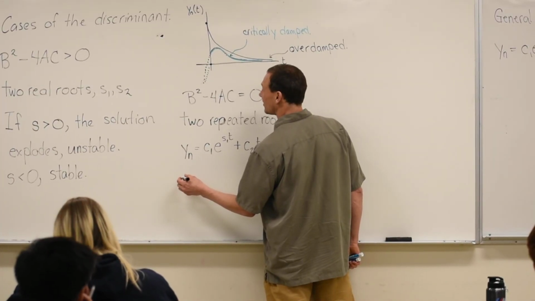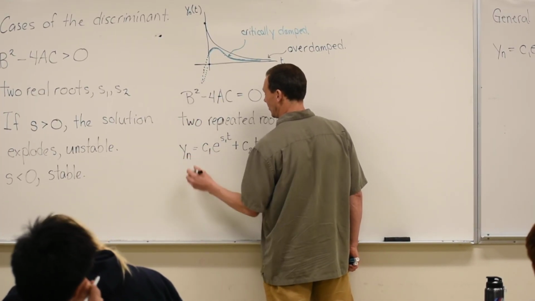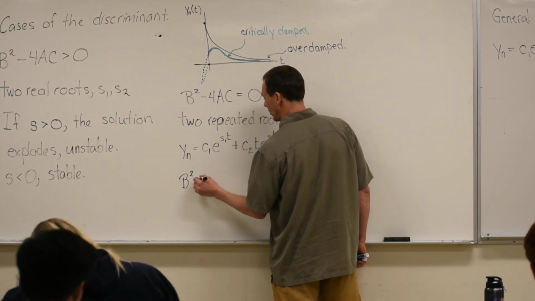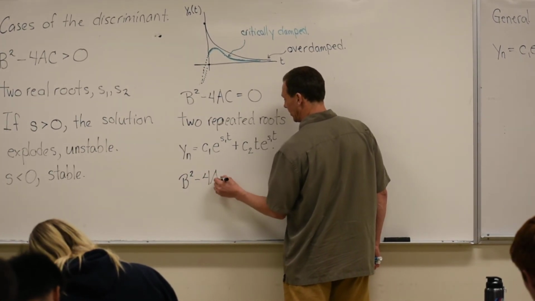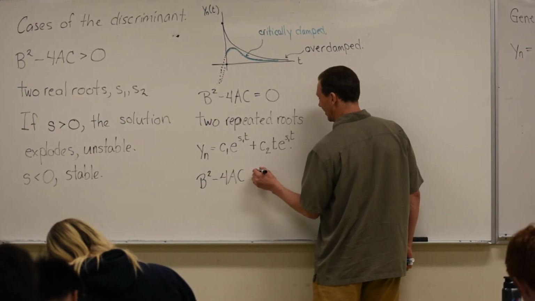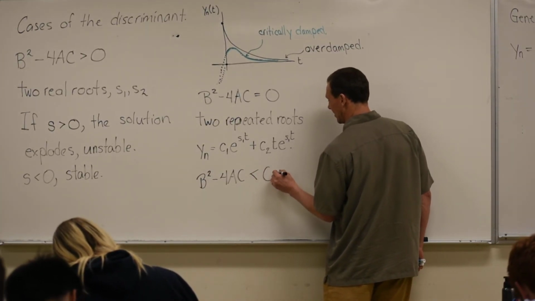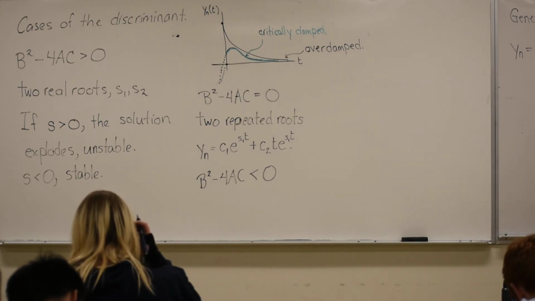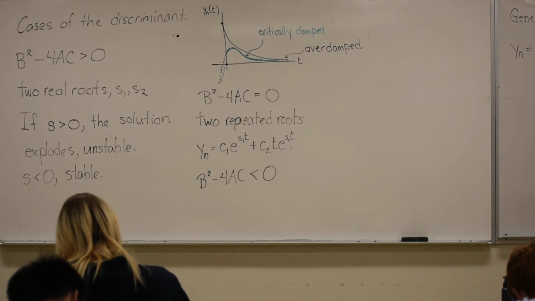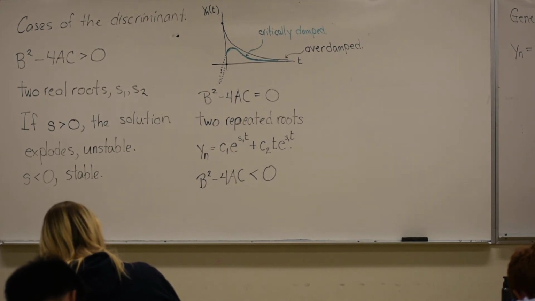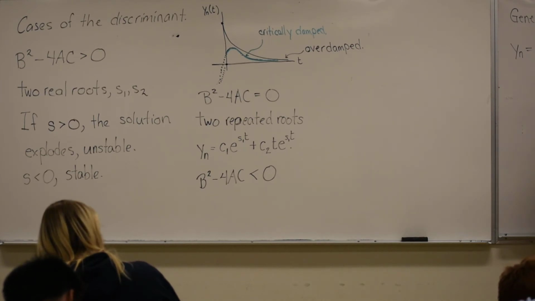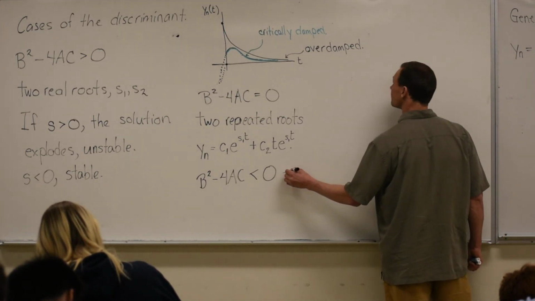Our last case, so there's case 1, here's case 2. Our last case is when our discriminant, b squared minus 4 times a times c, is less than 0. That gives us a negative number, doesn't it? Gives us a negative number. And what happens is, this means our solution,